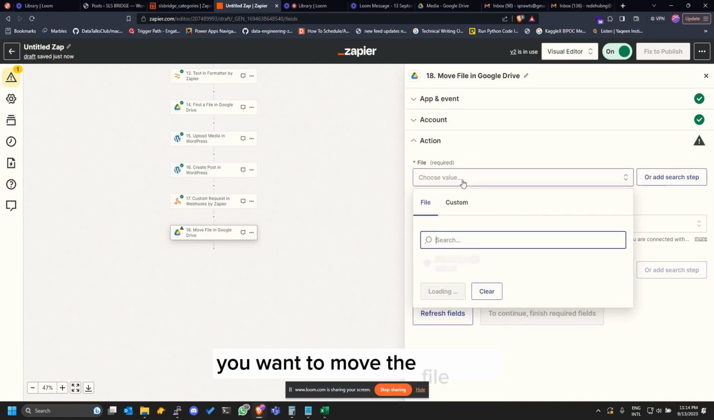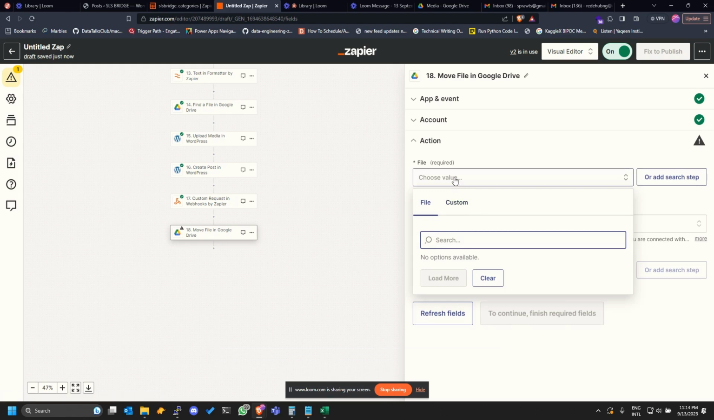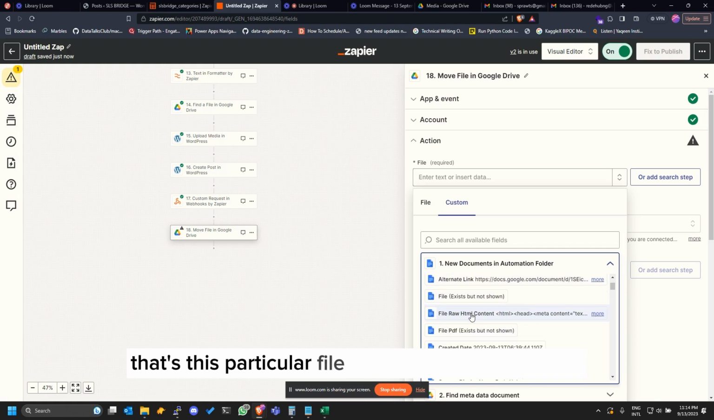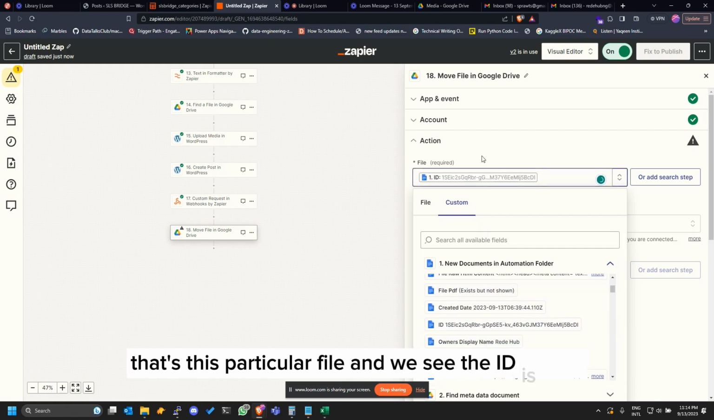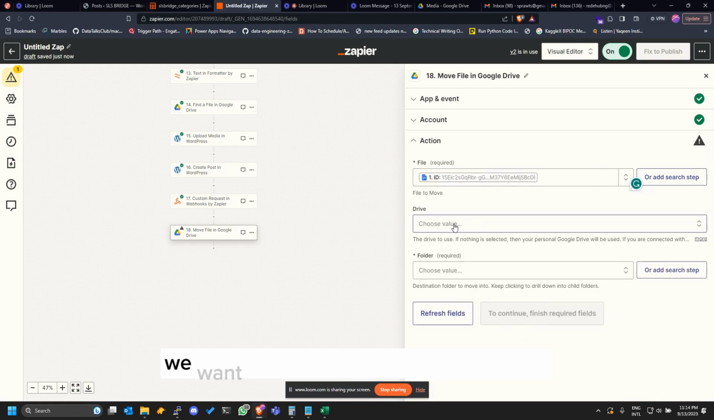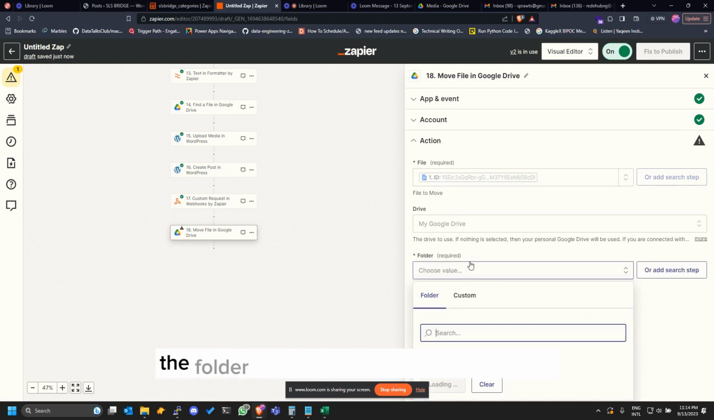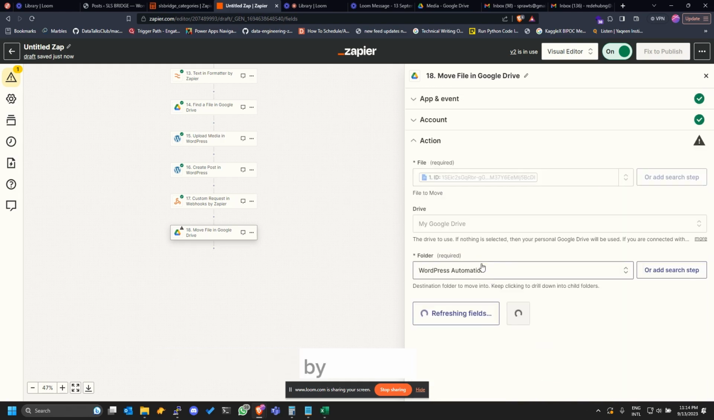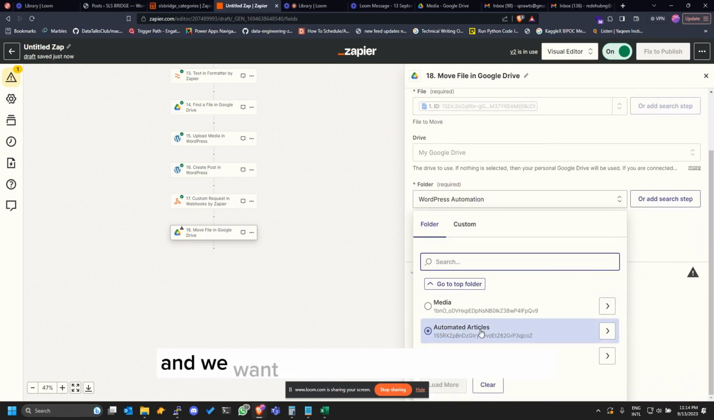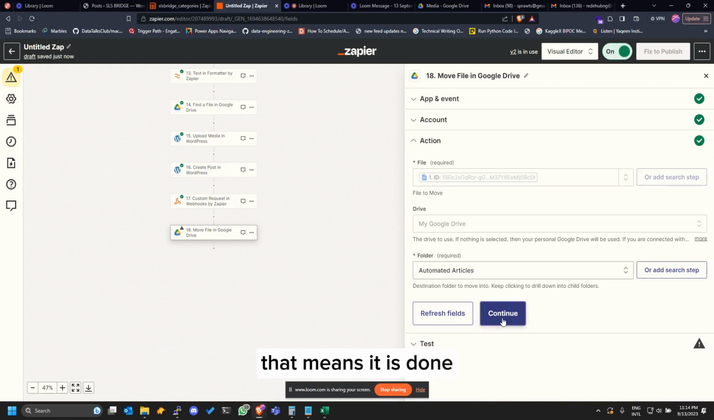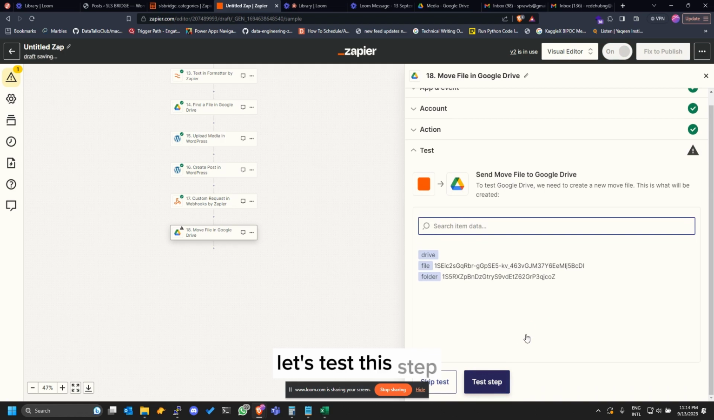we want to move the file from, so this file is the file we add from the top, that's this particular file, and we see the ID is here. We want to move it from our Google Drive. The folder we want to put it in is in WordPress automation, and we want to put it in automated articles. That means it is done. Then let's test the step,